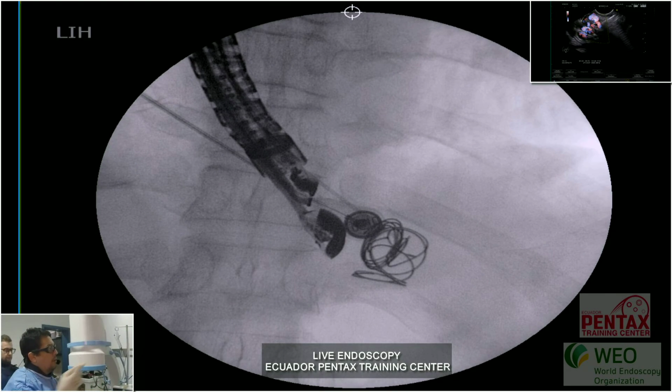Okay, so now we have three coils inside this varix. It's a very big vessel, and now we can put the... You can see here the...